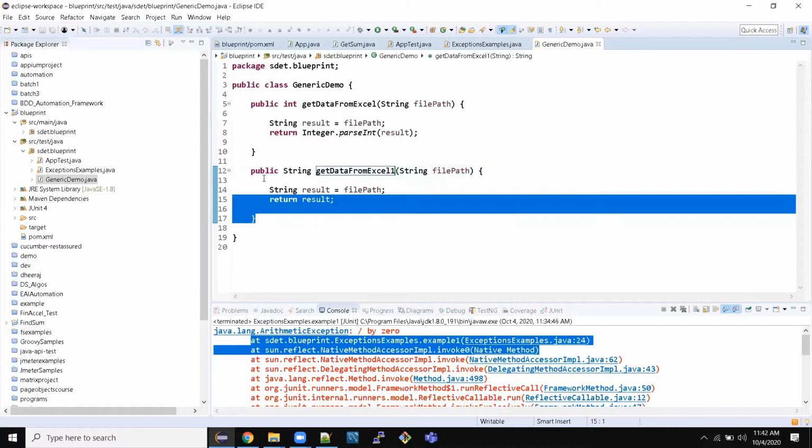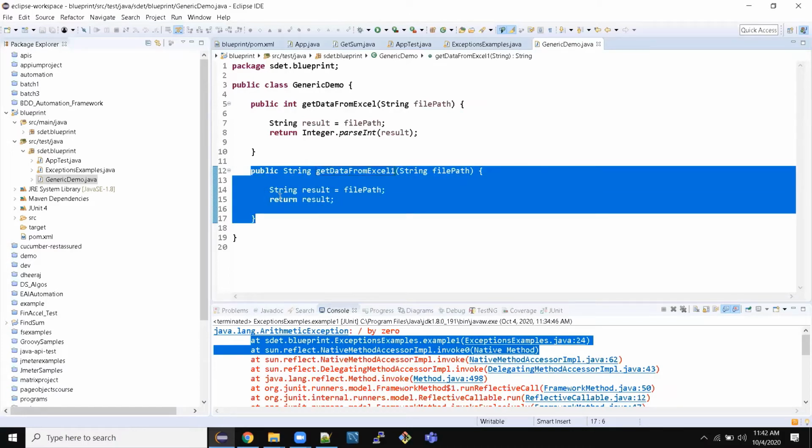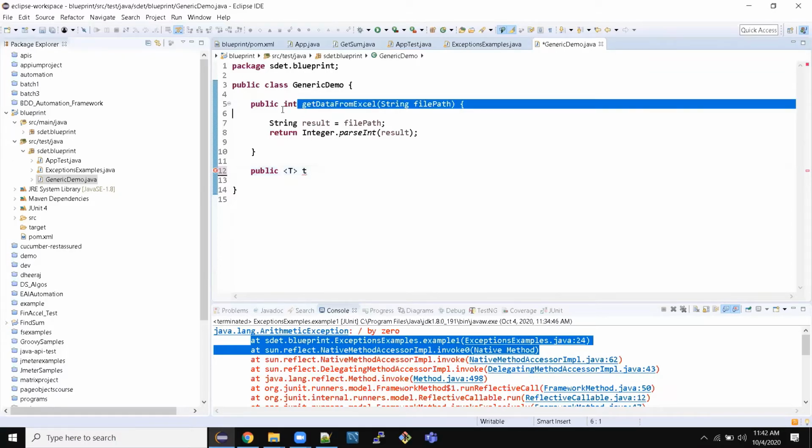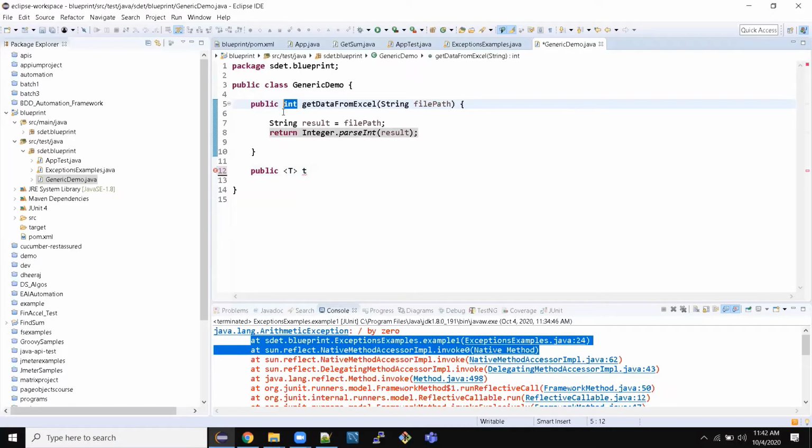So generic methods look like this. Instead of this, I could say public T. The T could be anything, so don't go by this value. The return type I defined as a generic, so this could take integer, it could take string, could take anything. This return type is very important when we do REST Assured, because in REST Assured